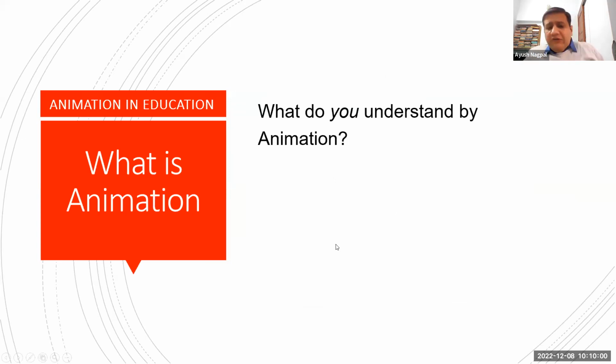Okay. Now, before we get into how to make an animation, let's understand what animation actually is. How can there be a definition of animation? How can we differentiate animation from something else? Any inputs here? Please let us know, what do you think animation is? Anything? Anyone? How can animation be defined? Any inputs from anyone? We've all been seeing animation. We all know what animation is, but if we were to precisely define it,